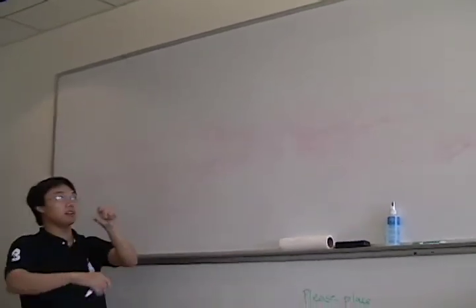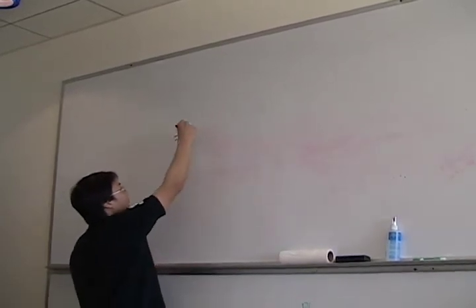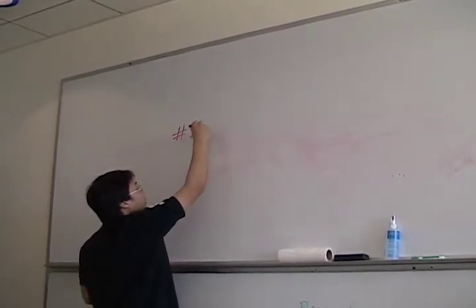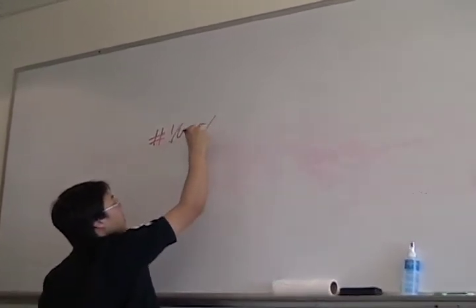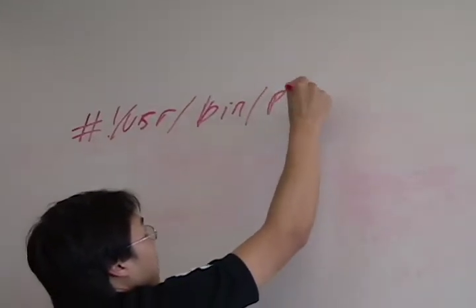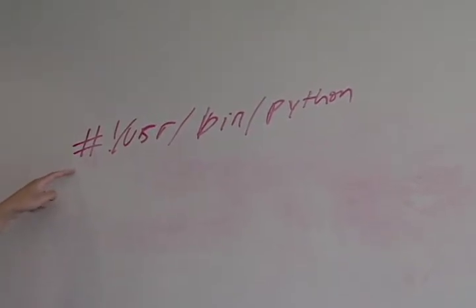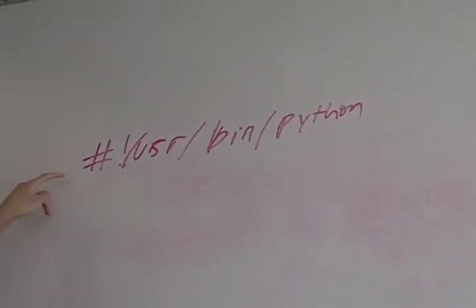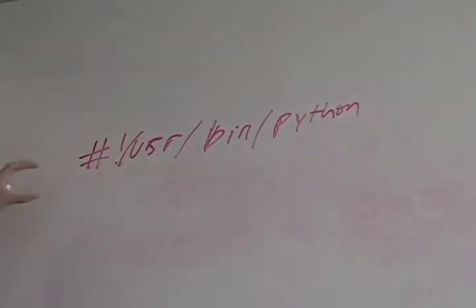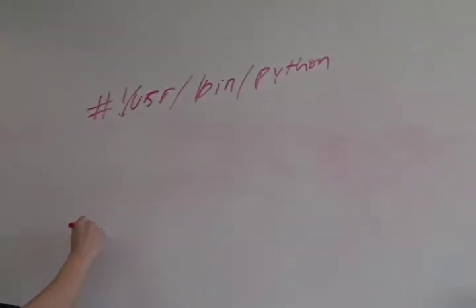Inside hate.python, once you do a nano on it, the first thing you have to do is type hash, slash usr slash bin slash python. This hash symbol actually represents a comment, so the Python interpreter should not read anything after a hash. But this is a special case. On Linux, you need to specify this at the very top of the Python script. Without it, if you were to execute hate.python,